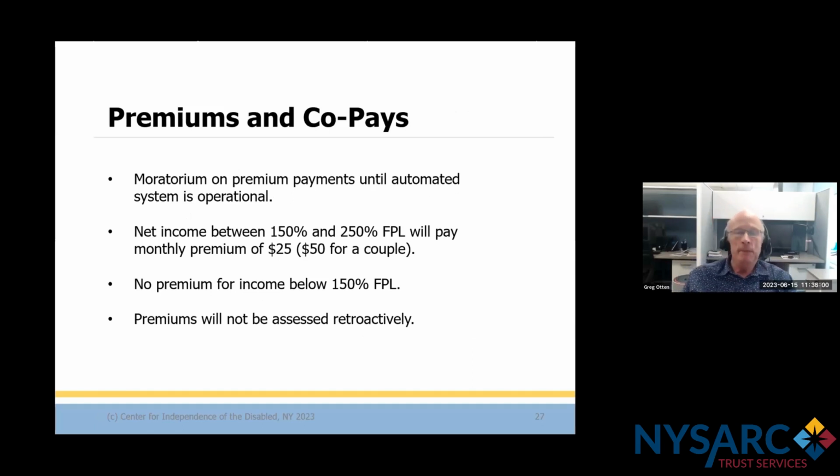They call it Medicaid buy-in. Well, so far that's a misnomer. There are no premiums. They never implemented them. Originally, they were going to be $25 a month for those between 150 and 250%. No premium for under 150. Now, the changes that are supposed to take effect in 2025 will have premiums. And since the income limits are much higher, my guess is they will be implemented at that point.